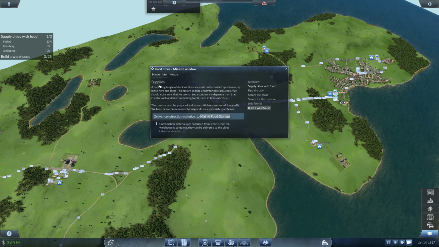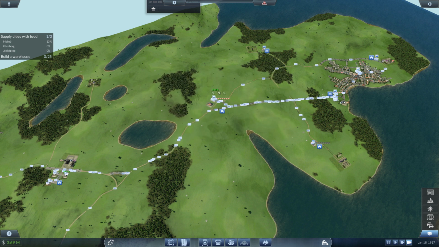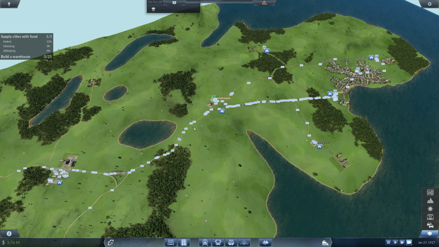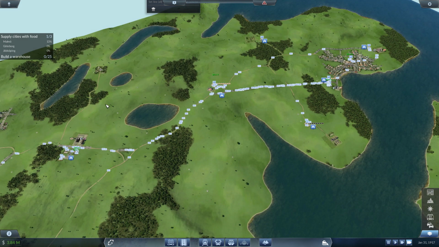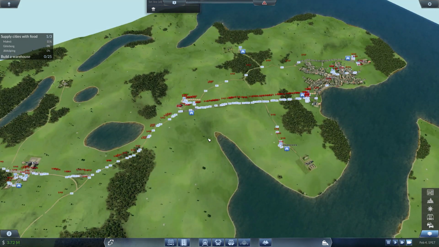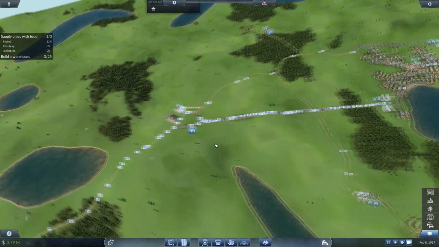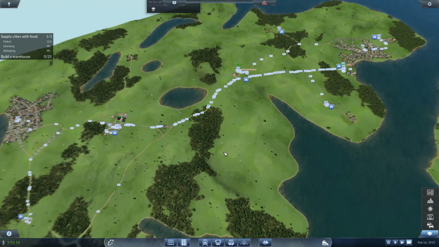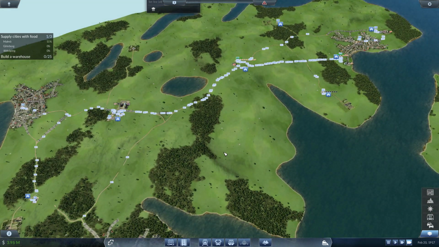I've just got the mission for supplies, so they want this warehouse to be built. That's the one we do not want to do until we've got our money, because otherwise it's just too hard. So we're just going to basically let this go and wait until we've got our money. There's nothing else you can do